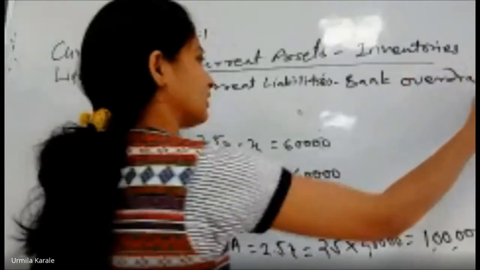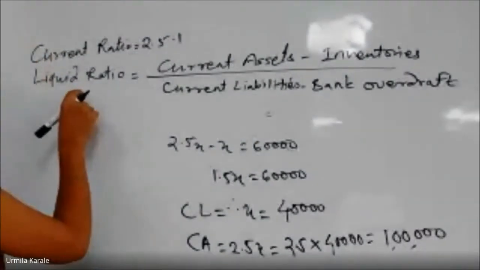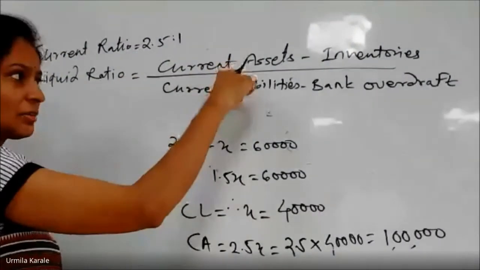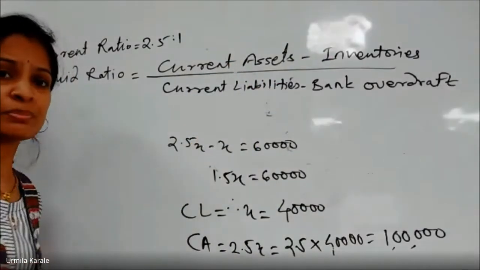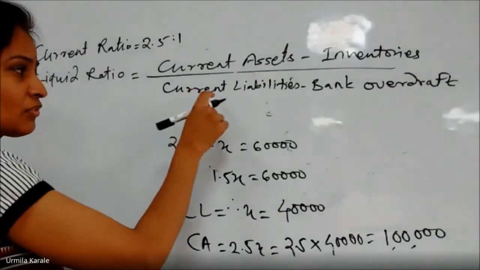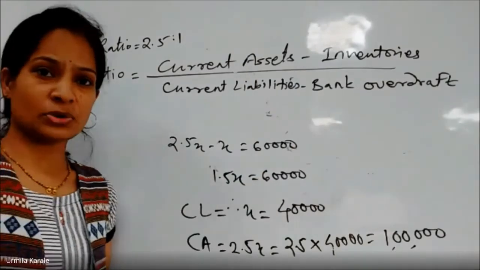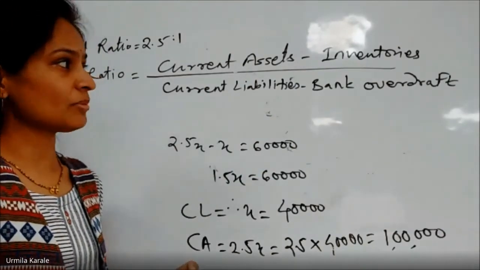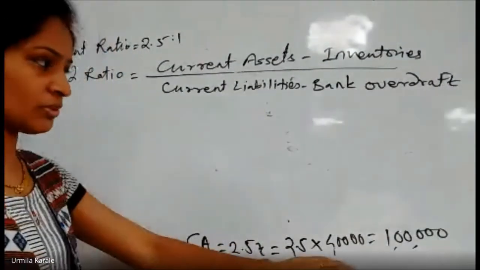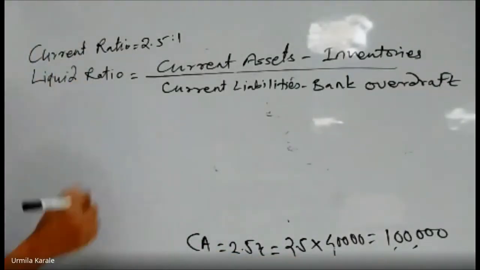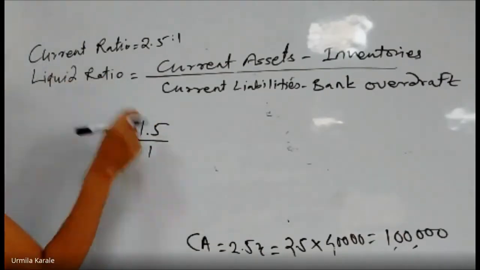Now what we have done is we have just written the formula, nothing else. The formula is current liquid ratio equals liquid assets upon liquid liabilities. For the liquid assets, from current assets we will not be considering inventory because that is less liquid. And from current liabilities we are not considering overdraft, because though we say that is a short-term liability, we still get more time for making payment. So now next, we have found out some of the values. How much was the liquid ratio? 1.5 is to 1. Just this ratio I have written, nothing else.